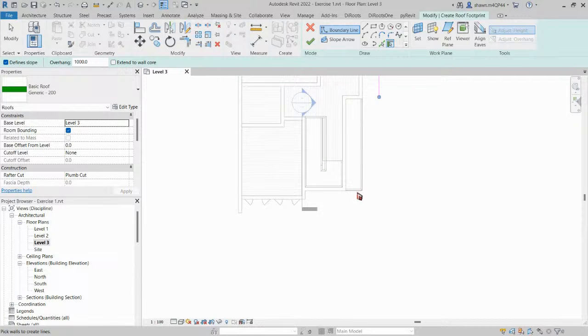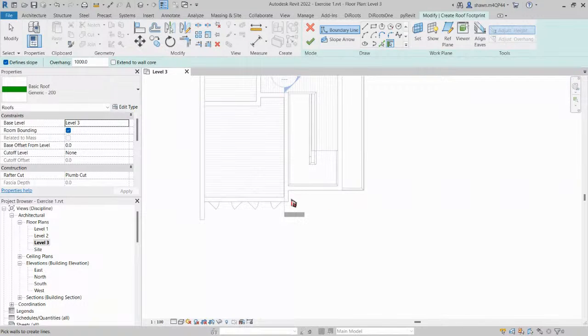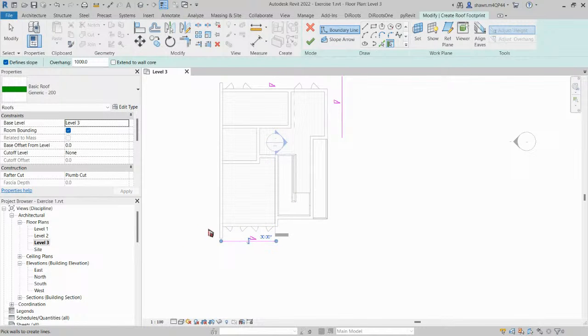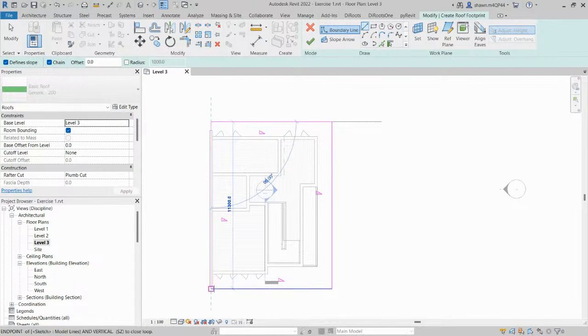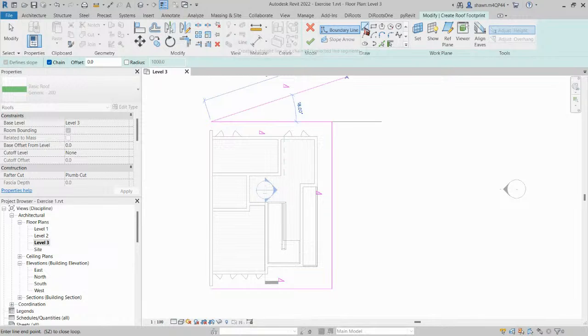Click. Click. Then trim. Then I'll just create a line